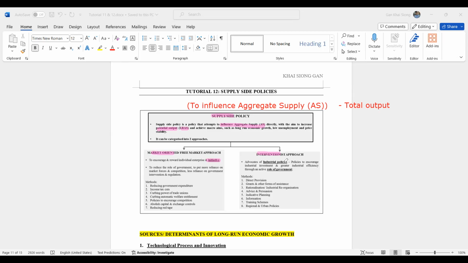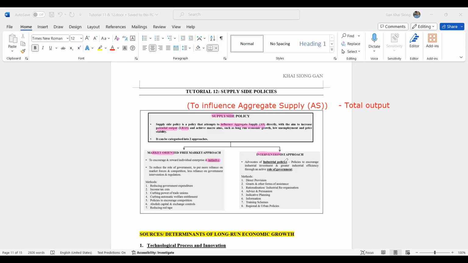Now, when you revise, you don't really have to know whether it is a market-oriented approach or an interventionist approach. What is important is that when you learn supply-side policy, you just need to know the instruments of the supply-side policies. At least now you know that education and training is one of the supply-side policies. Direct provision of infrastructure is one of the supply side. Provision of technology is also one of the supply side. So you just need to know what are the instruments that can result in the shift of the aggregate supply